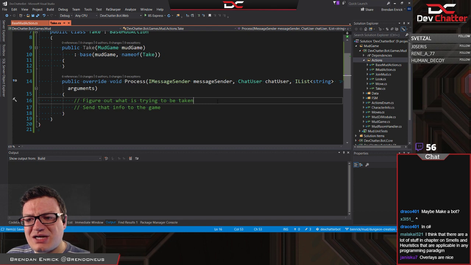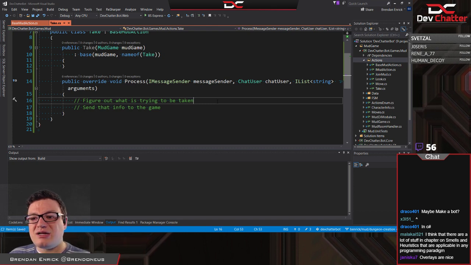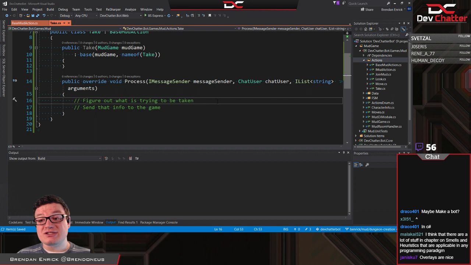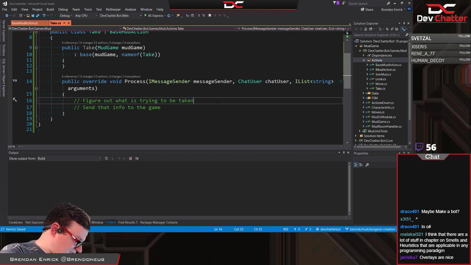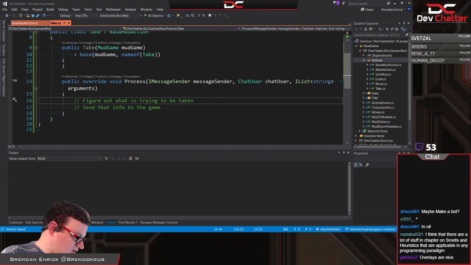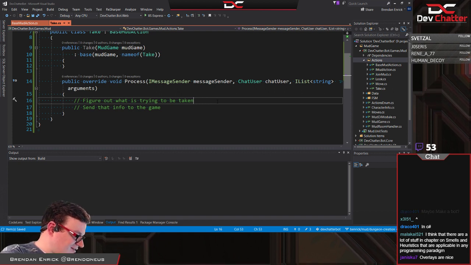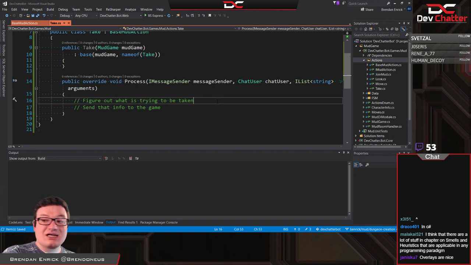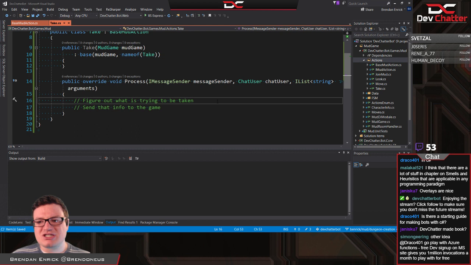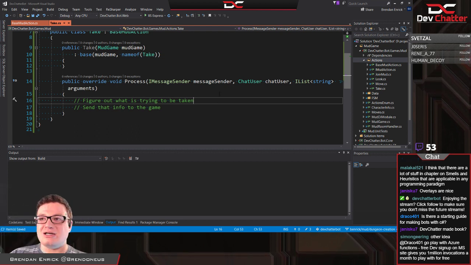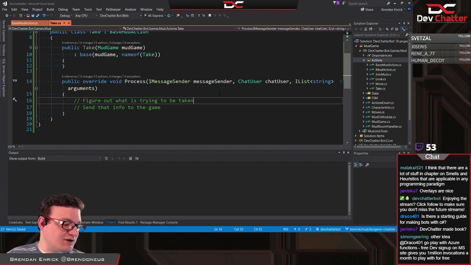I think there's a lot of stuff in the chapter, smells and heuristics that are applicable in any... yeah, exactly. As Malachi mentions, there are some parts of the book that are going to apply regardless of what type of language you're in. And that's why I say it's primarily for the object-oriented programming languages, because it does talk about objects and data structures and things like that. And it also talks about functions, and all the example code is in Java. At least I think it's in Java. There might be some in some other books. No, I did not make a book. I'm just talking about the Clean Code book, which is a very good book. It's one of the ones I recommend.